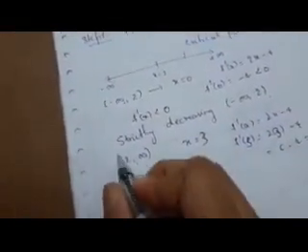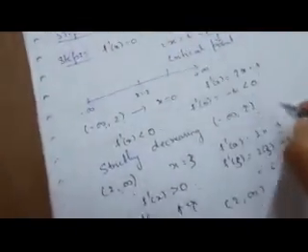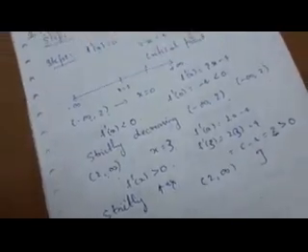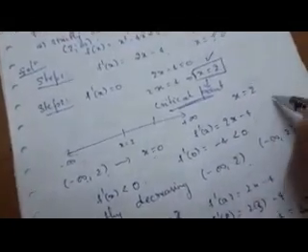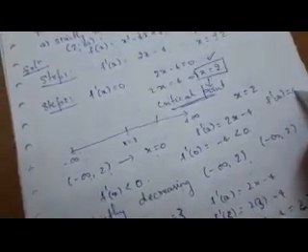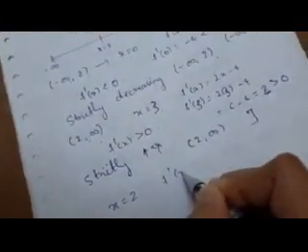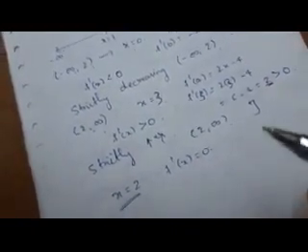So now you can see here, while I am writing, I used the open interval 2 to infinity. Here I have used again minus infinity to open interval 2. What happens if I write the closed interval? So you can observe what this critical point is saying. At x is equal to 2, f dash of x is equal to 0. So when x is equal to 2, our f dash of x is equal to 0 means what?